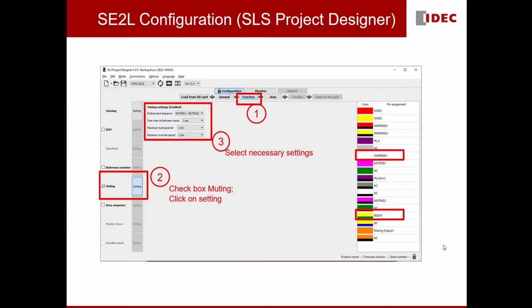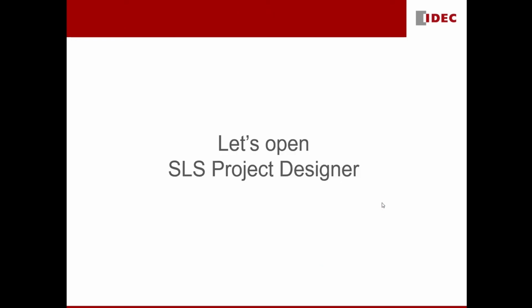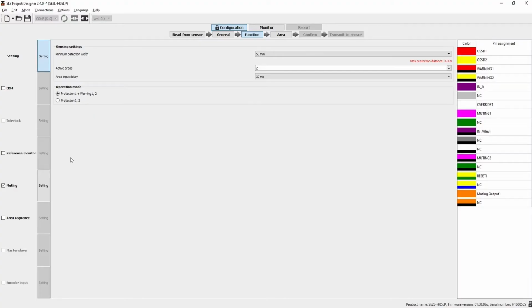So as you can see, override 1 and reset 1 are already there. So here we are additionally using it for the override function. Let's now move on to the SLS Project Designer for practical understanding. As we have already seen the settings in the previous video solution, additionally I have a checkbox for muting. I'll be clicking on the